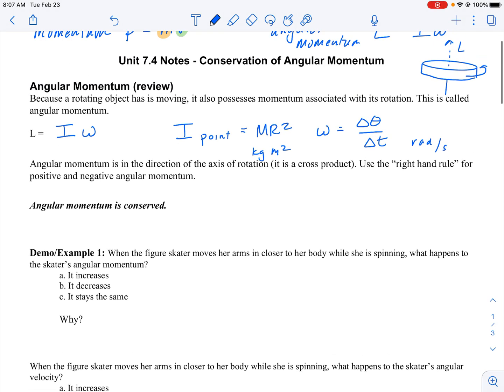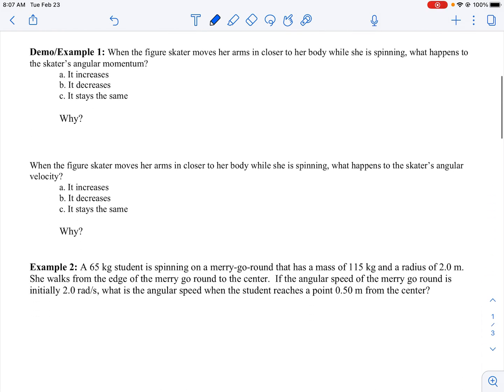Okay, angular momentum is conserved just like linear momentum is conserved. So let's think about a couple of examples. When a figure skater moves her arms in closer to her body while she's spinning, what happens to the skater's angular momentum? Okay, so if we think about a skater with her arms out and she's spinning here